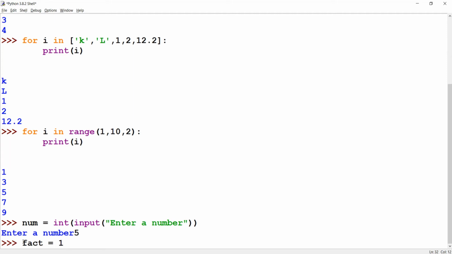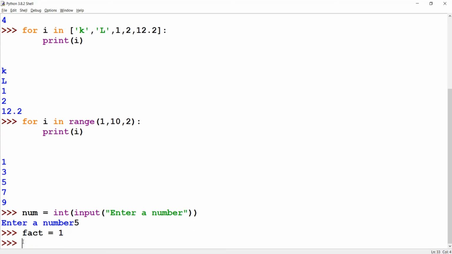So we have to multiply. In case of multiplication, we have to take the variable as 1, as we can multiply 1 by any number and we'll get the same number. So fact is equal to 1.